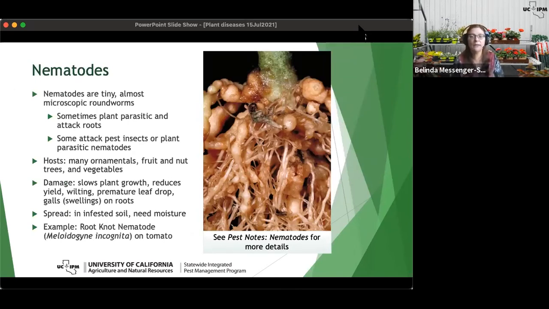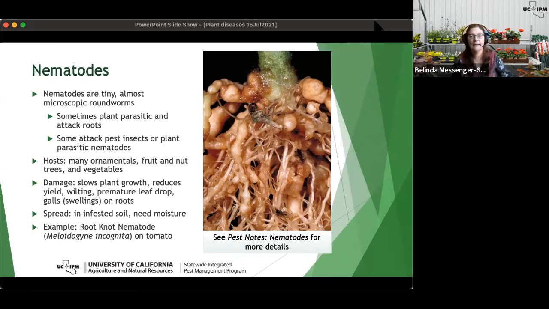There are also nematodes that attack pest insects or other nematodes. Many plants are susceptible to nematode infection, like ornamentals, vegetables, and fruit and nut trees. The photograph shows the characteristic root galls caused by nematodes burrowing into and feeding on the roots. The nematodes slow plant growth, reduce yield, and can cause wilting and leaf drop. Management of nematodes is difficult. They spread in infested soil, so the most reliable management practices are preventive, including sanitation and choice of resistant plant